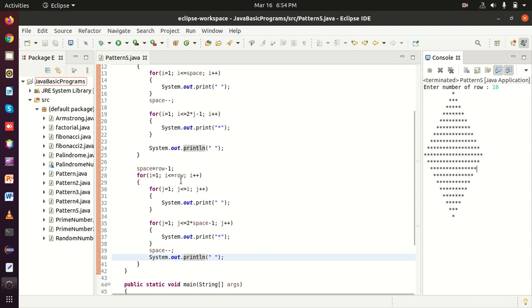Now this will continue till i is less than or equal to row. The value of row is 10. i executes from 1 to 10. So we can count here 1, 2, 3, 4, 5, 6, 7, 8, 9, 10.